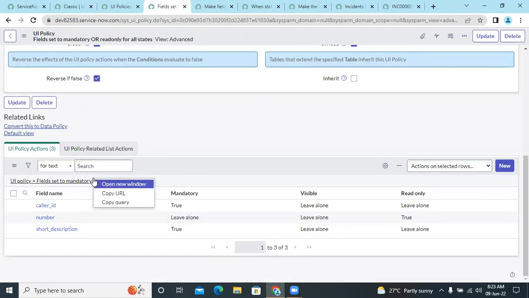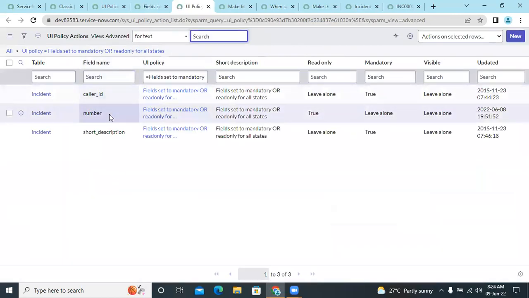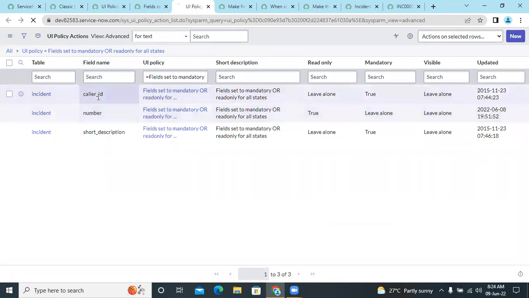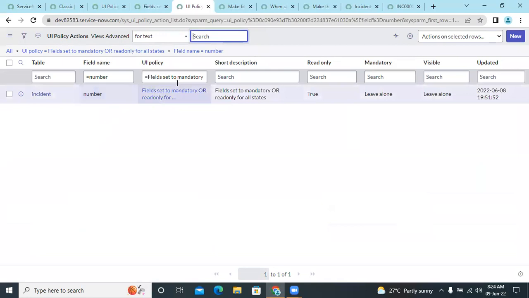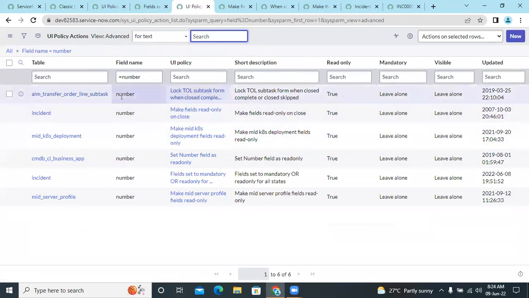If I open in new tab, what I am doing is show matching with the number field in this particular UI actions table, and I want to remove this particular filter so that I will be getting all the UI policies here. So if I see here for the incident table,